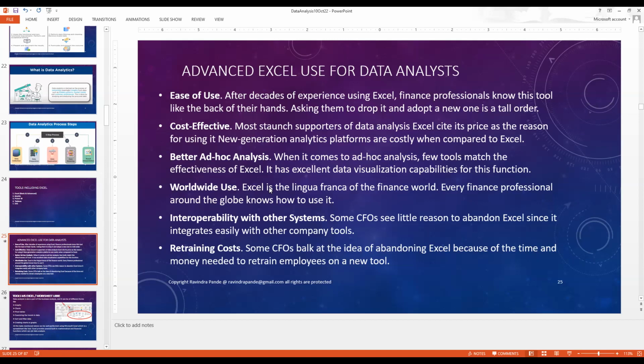The interoperability, yes, we have interoperability in terms of Excel. Like you can get Excel converted to a flat file, or what you can call a common spreadsheet format. It's called CSV. Okay, so that also can be easily done, and I'll tell you how to do that as well.